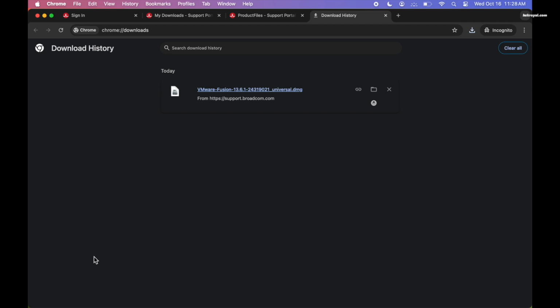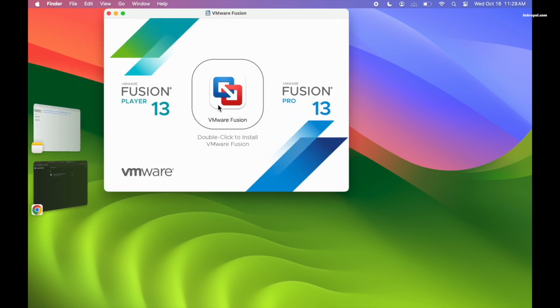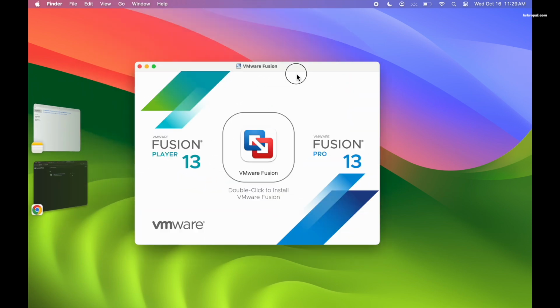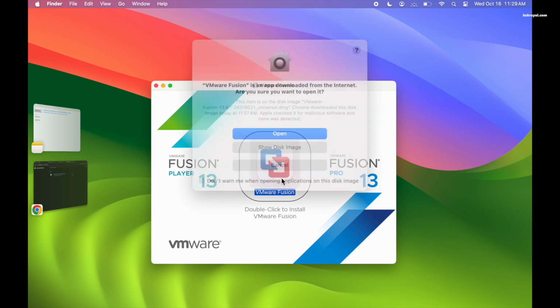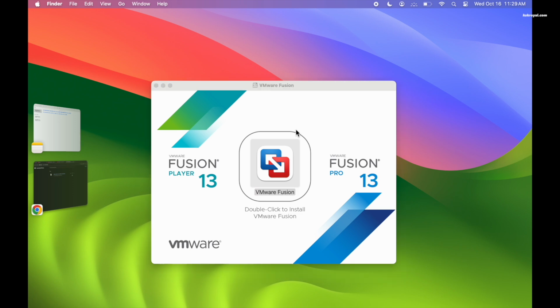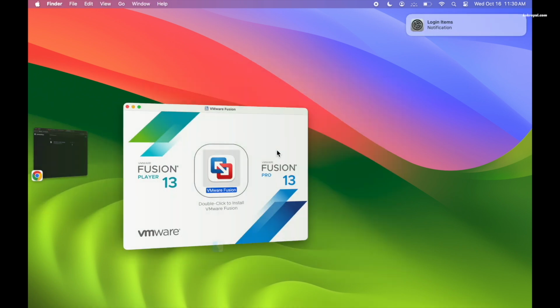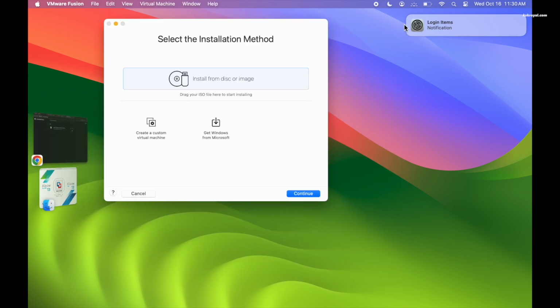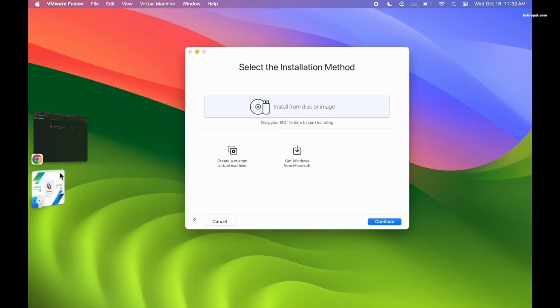Once the download is complete, double-click the DMG file to install VMware Fusion Pro. After installation, you will see a setup screen.